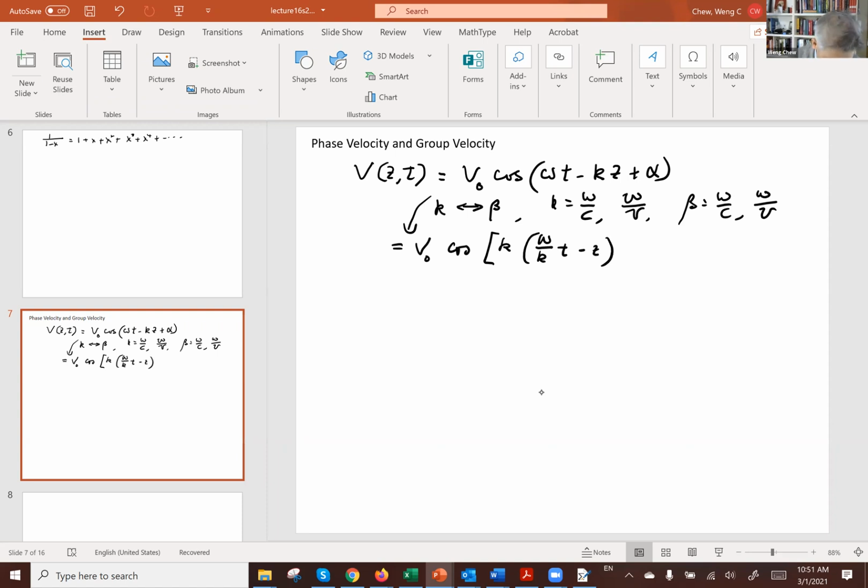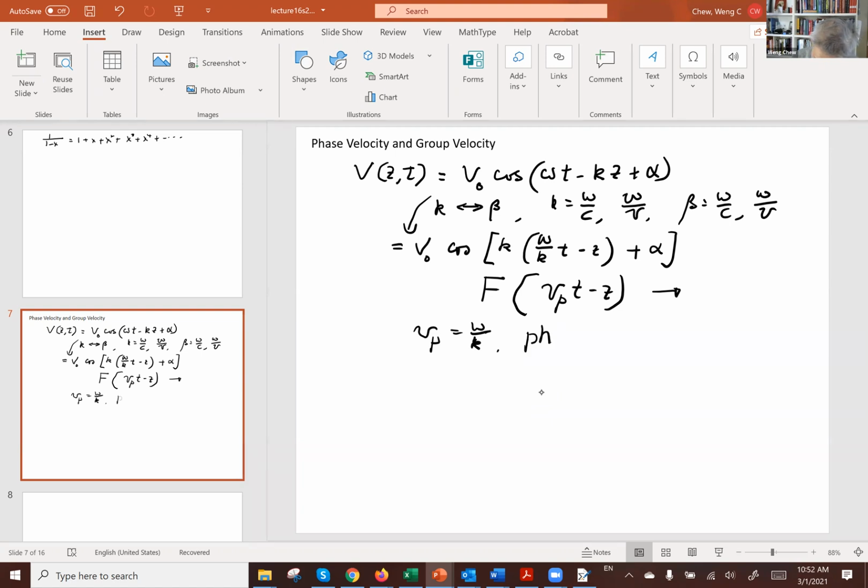I just factor out the k for the first term. And as I said before, this thing is the phase velocity. If we look at this function, it looks like the phase velocity times t minus z. And we know that a function of this form is a traveling wave. The wave travels in the positive z direction as time progresses, with the velocity vp, which is omega over k. And this is called the phase velocity because